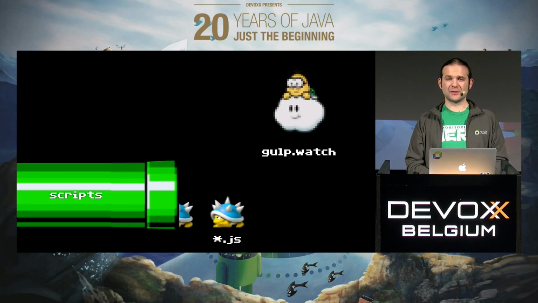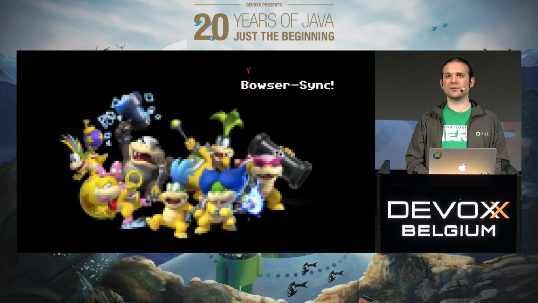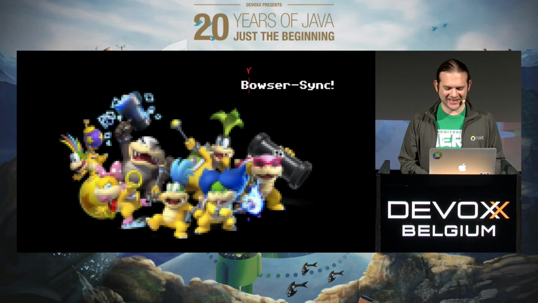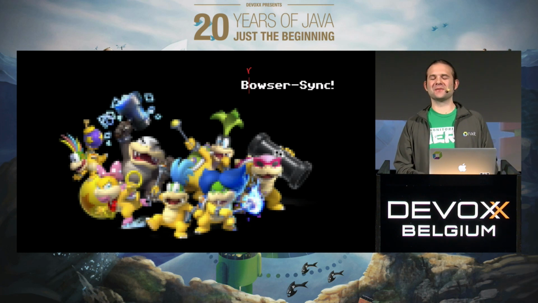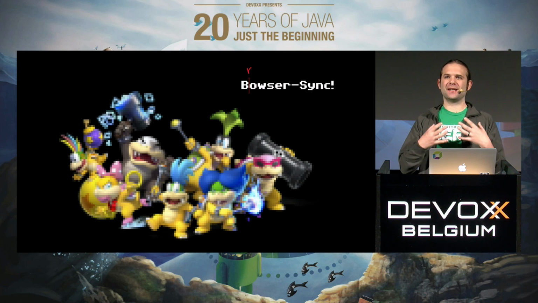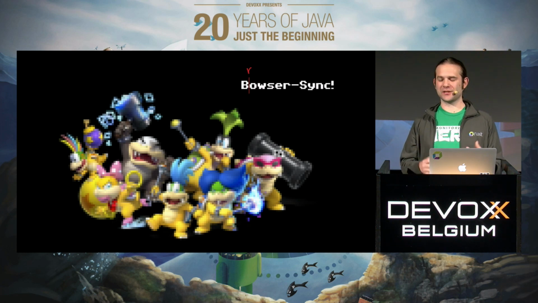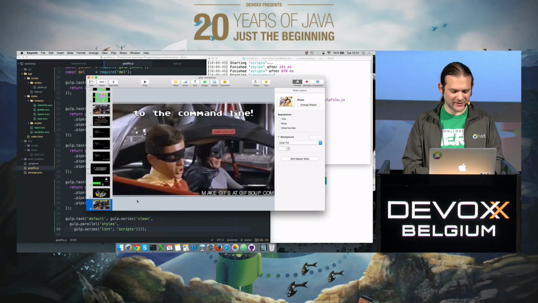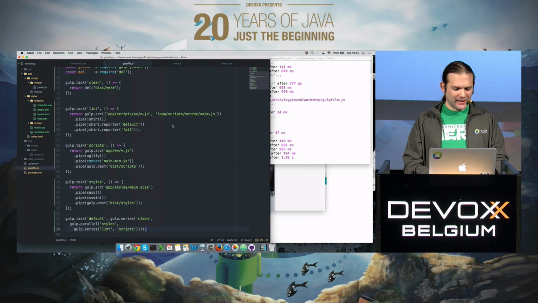So we are starting to use Gulp watchers, which is a way to see if a file is going to change and then trigger some tasks. And we are going to use a plugin or a node tool called BrowserSync, yeah, sorry, which we are going to use to create some sort of quick and easy development server to write our application. Okay, and again, let's go to the command line. I can't get enough of Batman, apparently. All right,